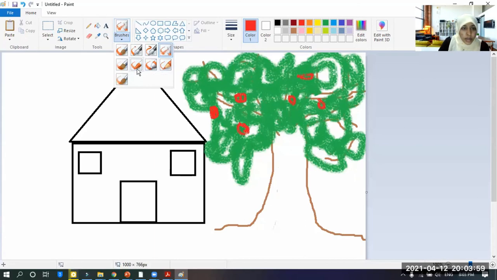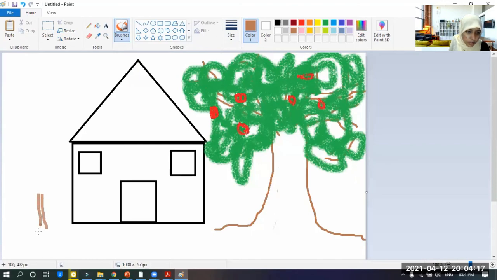So again, I am drawing a small, what do you call? We will change the size of the line, and we will draw a small plant here like this. It is a small plant, okay? Or a vase. You can also draw a vase, right?